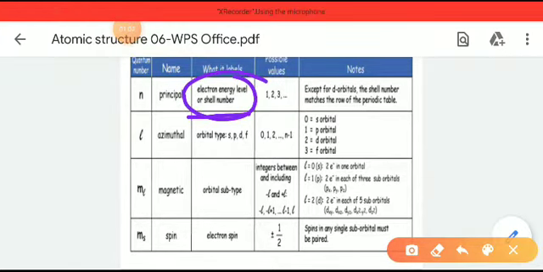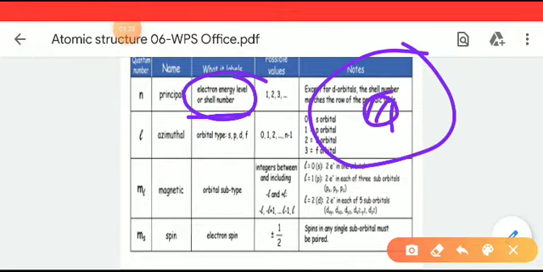Remember, in class 9 and 10 we learned, in Bohr's atomic model, that the electrons are revolving around the nucleus in a certain orbit or certain path. This path has been named shells or energy shells or energy levels. These energy levels are basically the principal quantum number. A principal quantum number basically determines or expresses the shell or energy level of an electron.